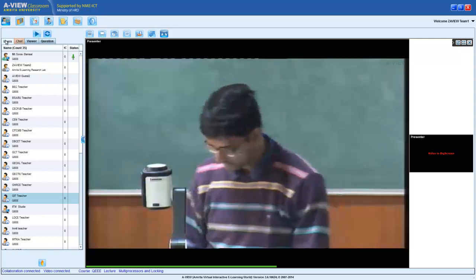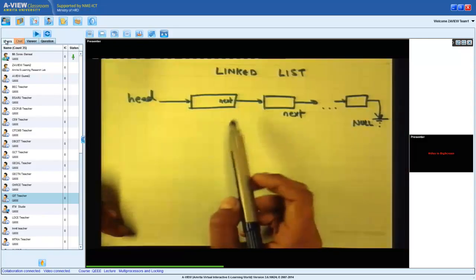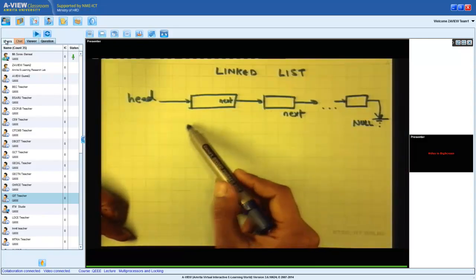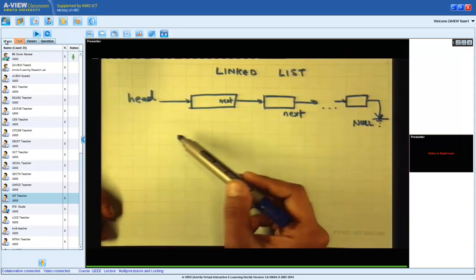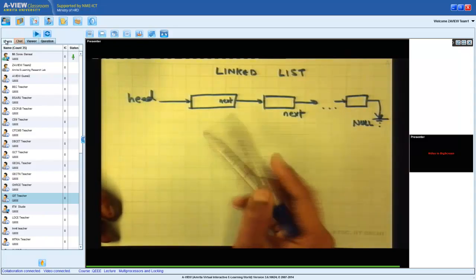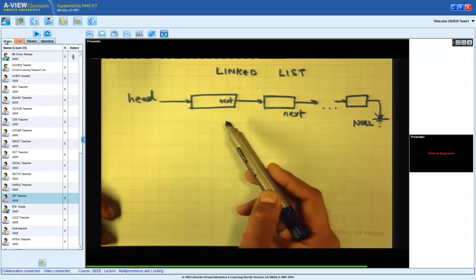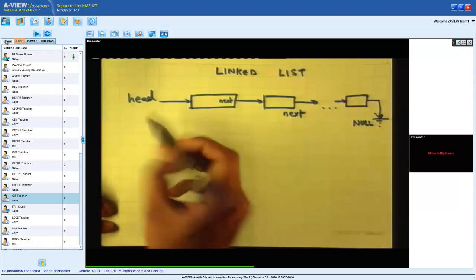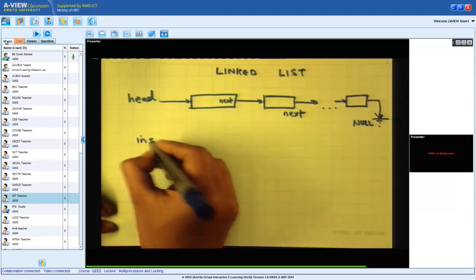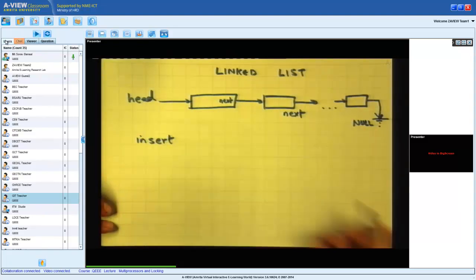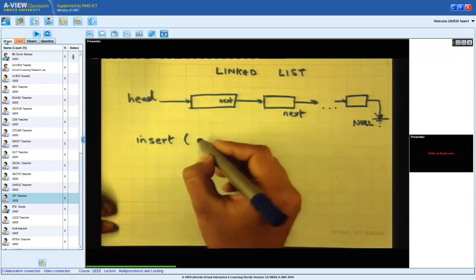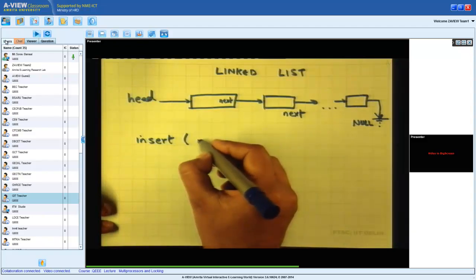All right. So let's write some code which is going to insert an element into this linked list. Let's say there's a function called insert, and insert takes an element.